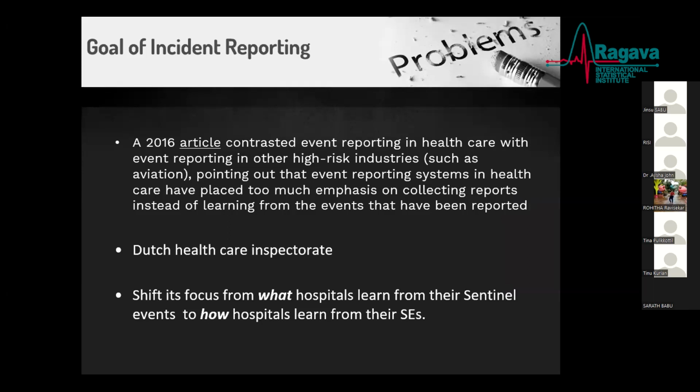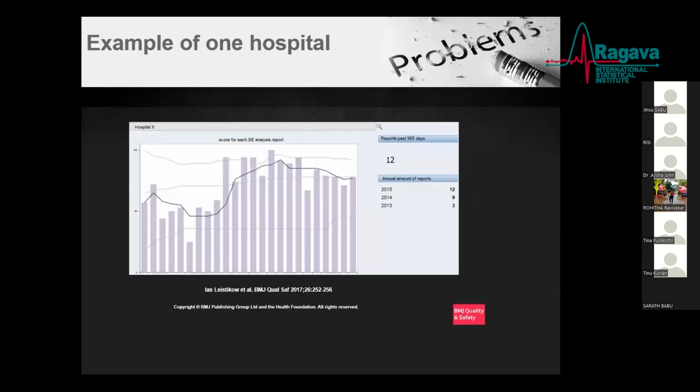So a 2016 article contrasted event reporting in healthcare with event reporting in other high-risk industries, pointing out that so much emphasis is being placed on collecting reports instead of learning from incidents. So there is one Dutch healthcare inspectorate example of how they learned from sentinel events, which is what I want to show next. So this is the example of a hospital. So this Dutch health inspectorate,